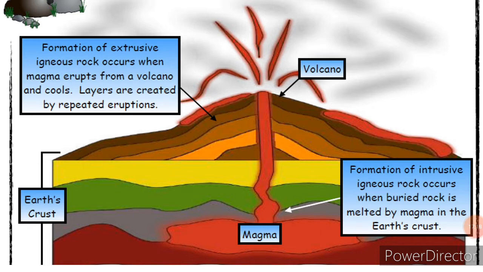But when the magma flows, can you see now? It is flowing past the upper mantle, going up through the crust and appearing on the surface of the earth. When that happens, at this point, we no longer call it magma, we call it lava. When the lava cools, it forms what we call extrusive igneous rock. Say it. Extrusive igneous rock. So you now know that igneous rock is of two kinds: intrusive and extrusive. Intrusive is formed as a result of the cooling down of magma, while extrusive is formed as a result of the cooling down of lava. Do you get it now?